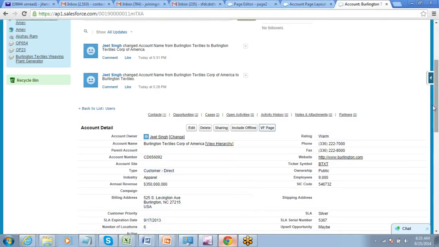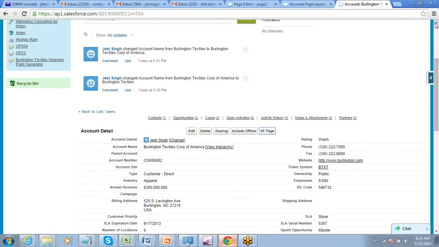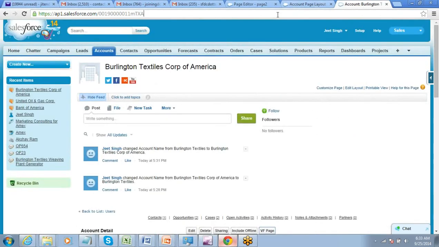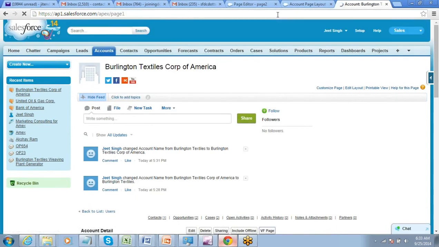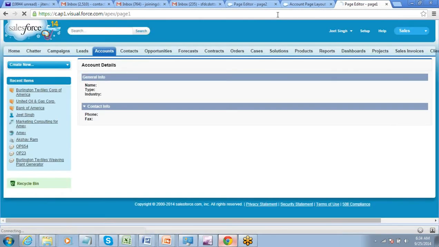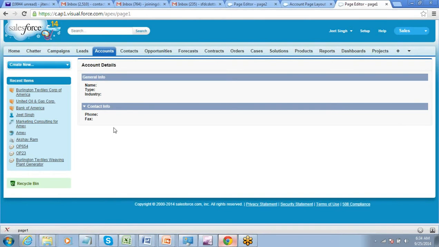Let's say I am on page 1. Okay. So on this page 1, you will create a command button. We have seen how to create a command button in Visualforce, right? So here I can create a command button which can take me to page 2 or page 3. So that thing can be done.